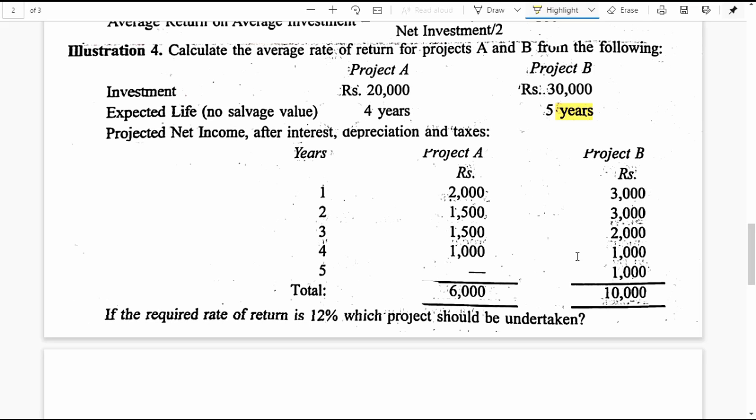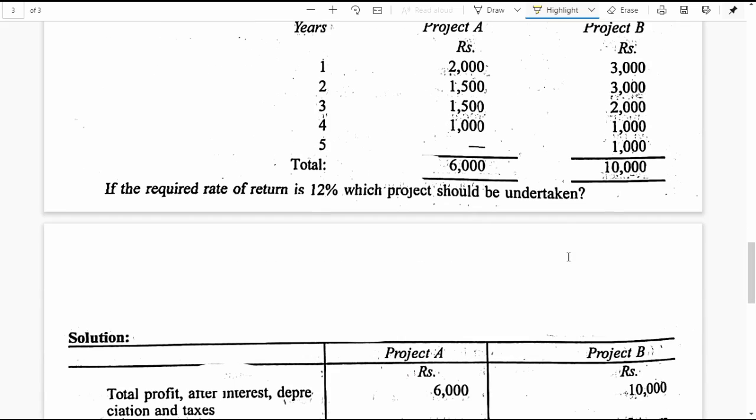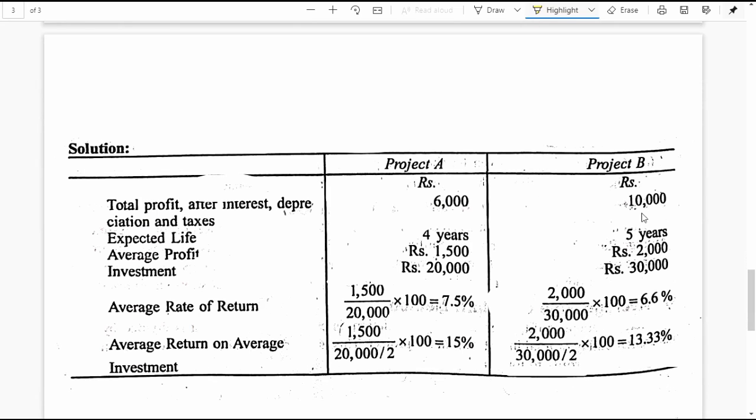If you have two or more choices of projects, the project which gives a higher rate of return, certainly over and above 12%, will be chosen, and the rest of the projects will be ignored if they are mutually exclusive projects. Fine. Now project A and project B are mutually exclusive projects, so we have to decide which one of the two is to be chosen profitably,